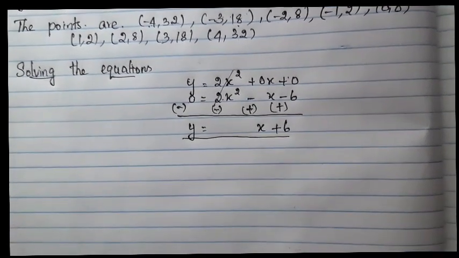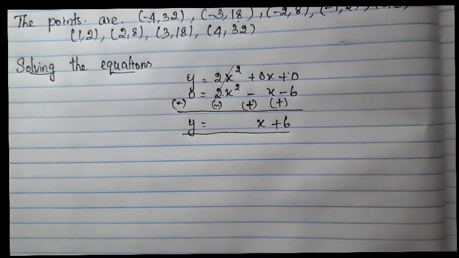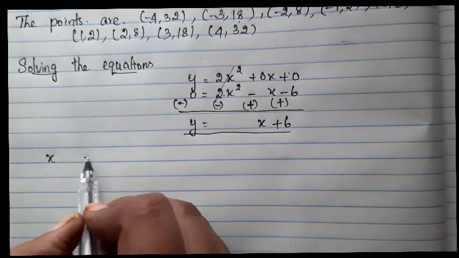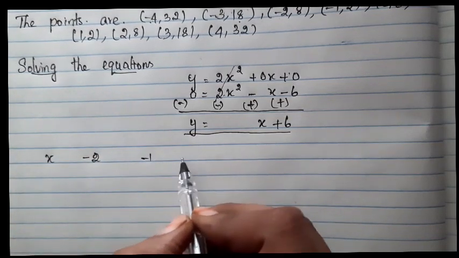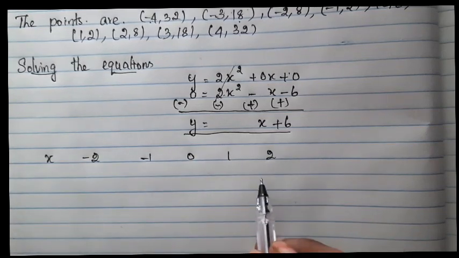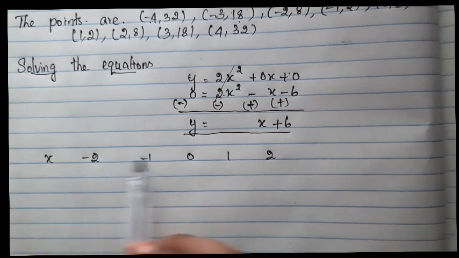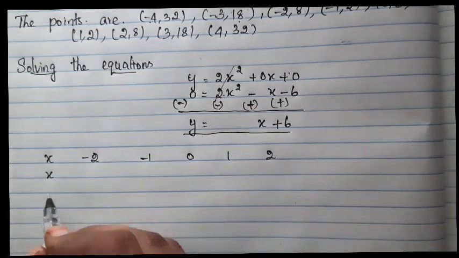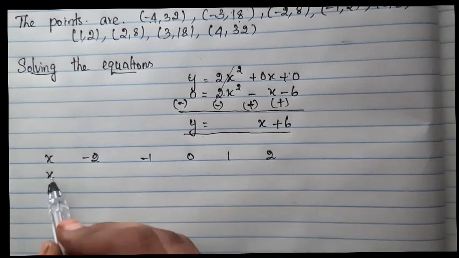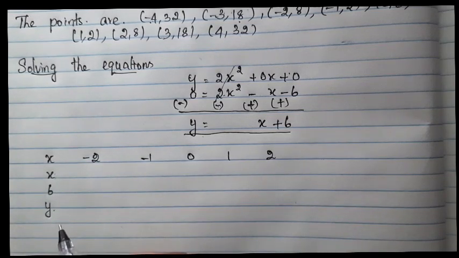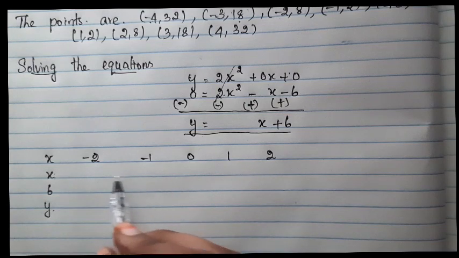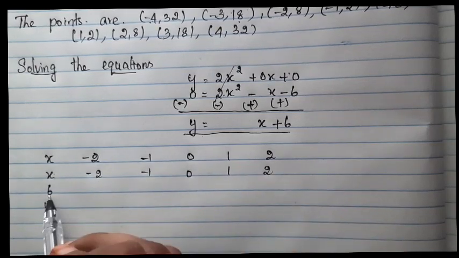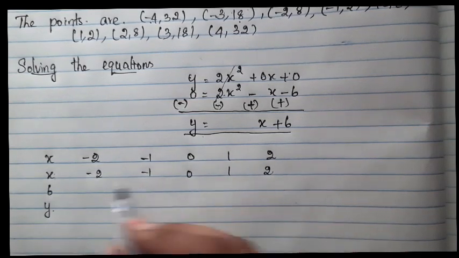So using this equation, again we have to find out the points. In this step, you can write the x value as minus 2 to 2. So minus 2, minus 1, 0, 1, 2. These 5 values are enough. Next, to find out the y value, I'll write one by one. First we need x. Next we need 6. When we solve these two, we will get the value y. So write the corresponding x value near this: 0, 1, 2. Next 6 is constant, so it is constant for all the terms. So 6.